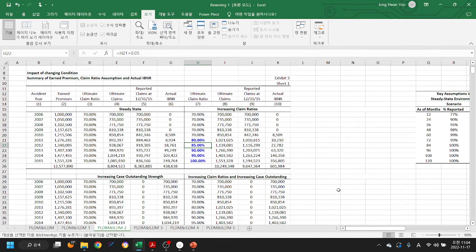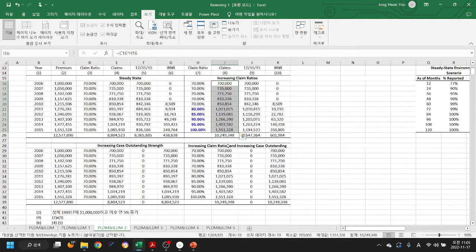And let's see what happens. Because the claim ratio is different and the earned premium is the same, I have another true ultimate claim amount. So this has to be increased. And from here, I have to create another reported claim and paid loss triangle, because the ultimate claim is different. And that will be